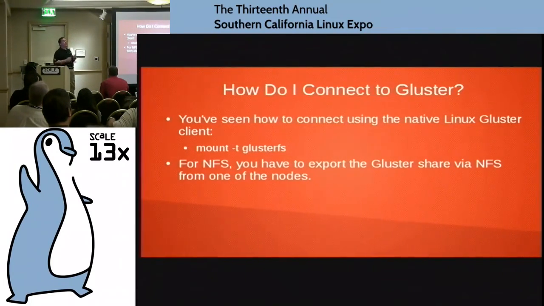So if you're doing distributed, and we don't have time to do it because we've only got a few minutes left, you can actually do a mix of distributed and replicated. So I can say, okay, I want to replicate these two and then distribute those across these other two. If you're doing replication, you can do gluster volume rebalance. Gluster volume rebalance volume name, and it'll start doing that rebalancing on the back end.